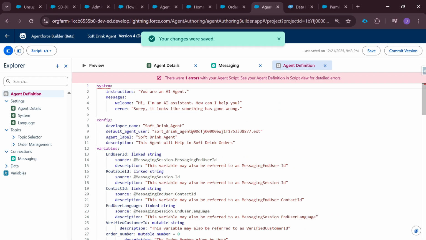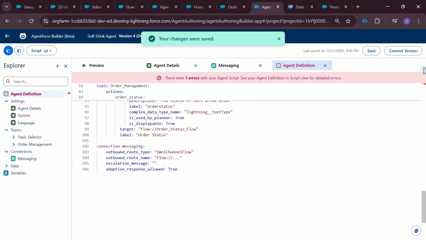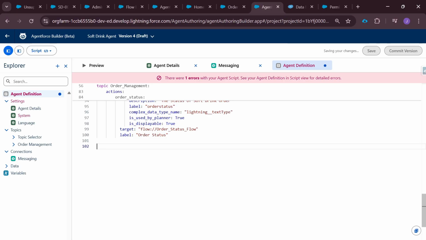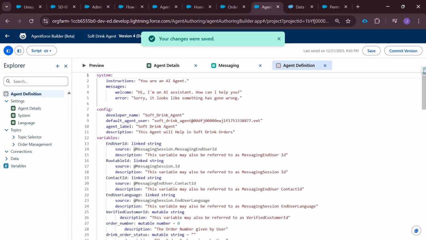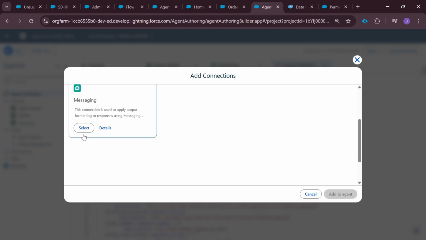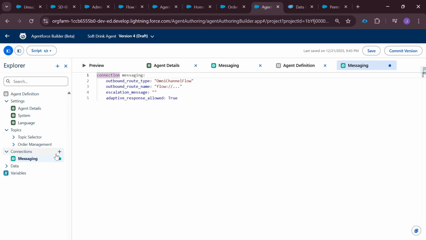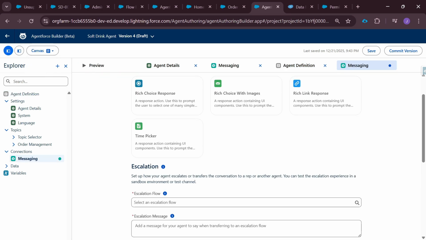What's the error? Okay, maybe you have to remove this also. Yeah, now it is saved. So now let's create a connection here, and the messaging type is messaging, add to agent. Okay, now if you see this in the canvas,